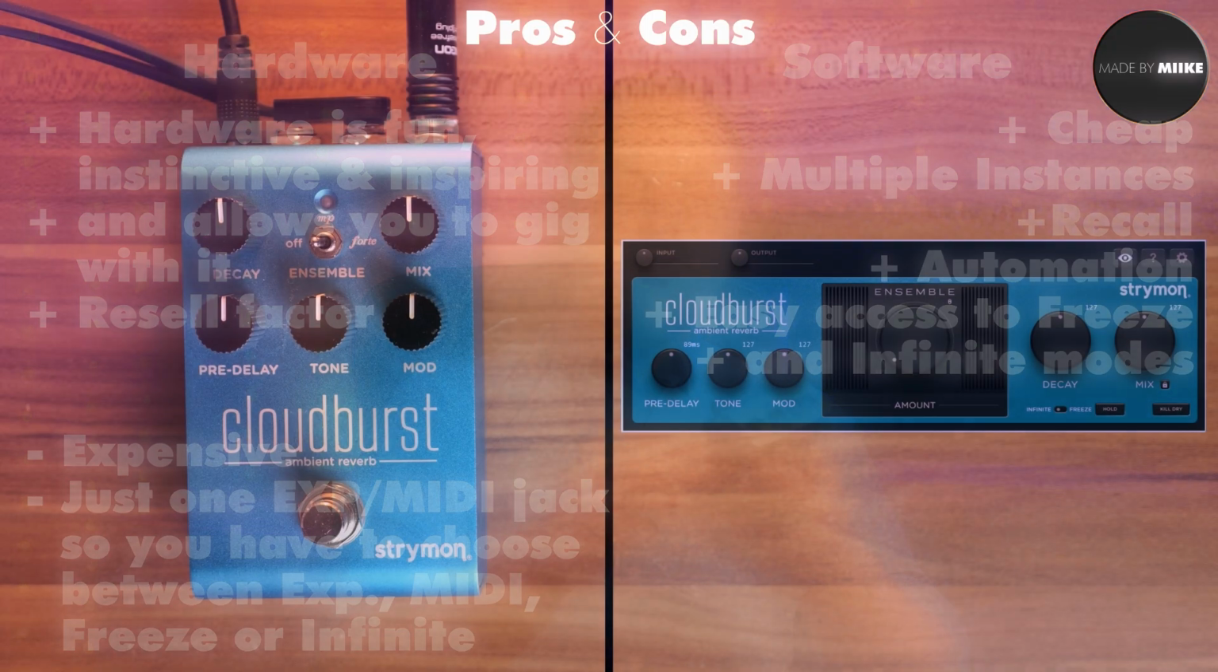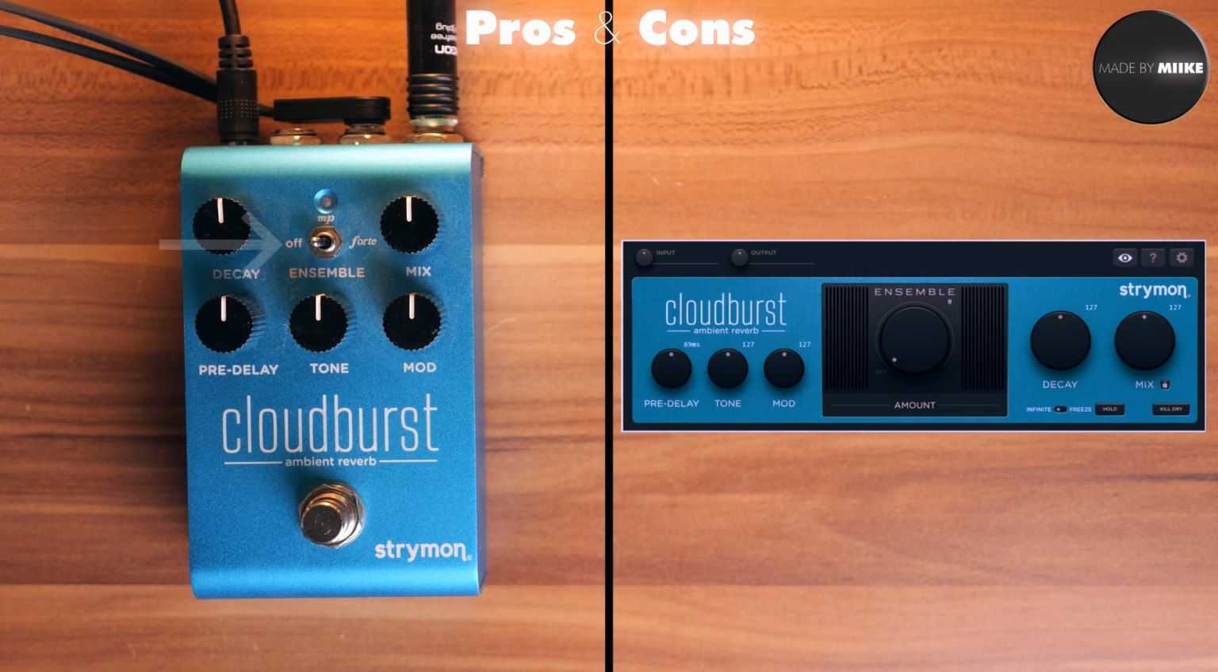Also, on the CLOUDBURST hardware, we actually have a mini switch with 3 different settings for the ensemble effect, which is basically like this beautiful sounding synthesized wall of sound, if you will, right? And yeah, on the hardware, mini toggle switch with just 3 settings. One of those is off, so no ensemble effect. The other one is basically a light ensemble effect, and the third one is called Forte, which is a strong